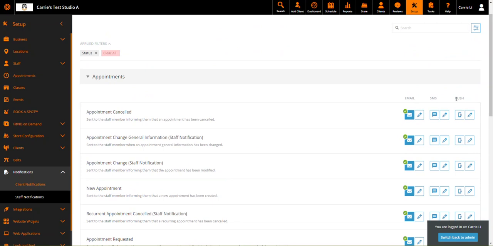Push notifications for staff members work a little bit differently, where the push notification for the clients will only be available on the Premium and White Label Achieve app. For staff notifications, push notifications is automatically included for the Elevate Staff app. So the customers will not be charged anything extra to use this. They can definitely turn these on and send push notifications to their staff, obviously given that push notifications is enabled on their devices.